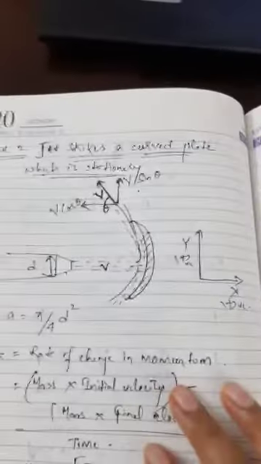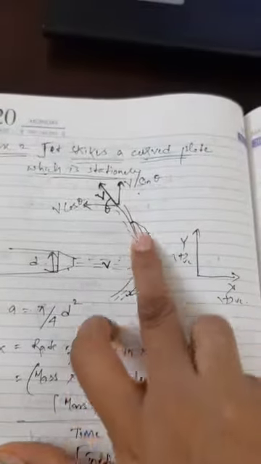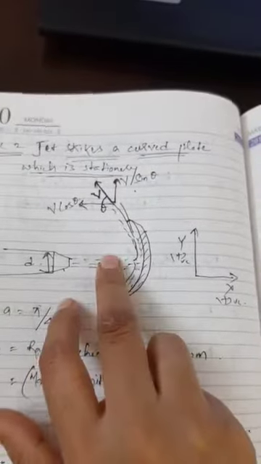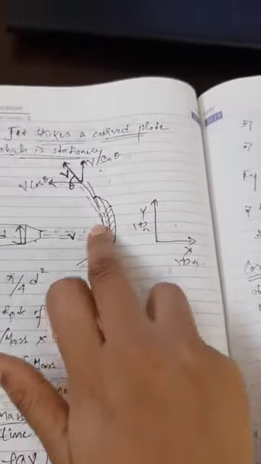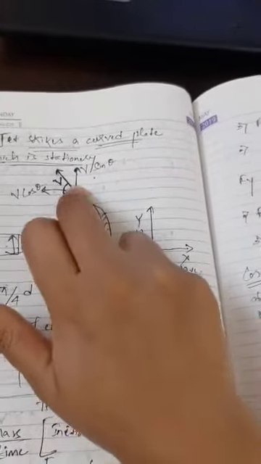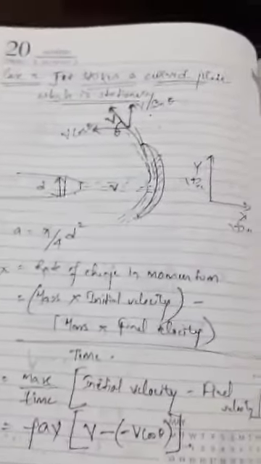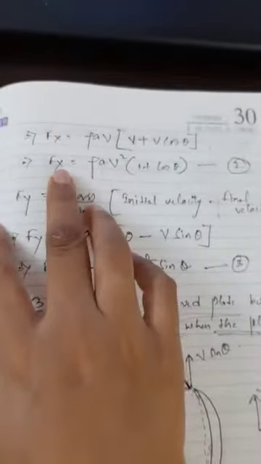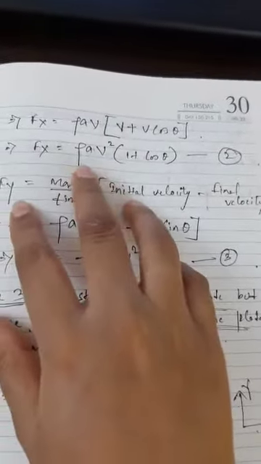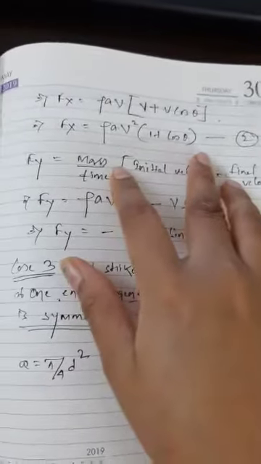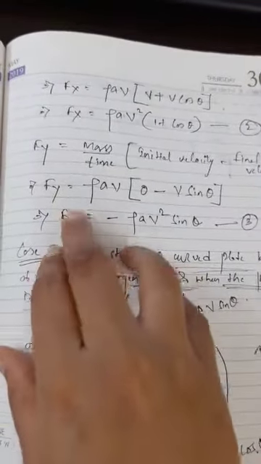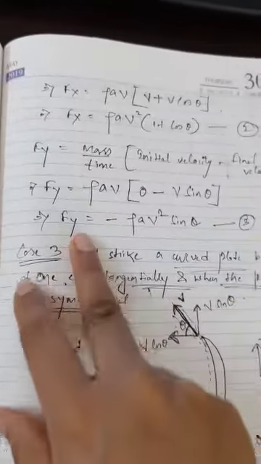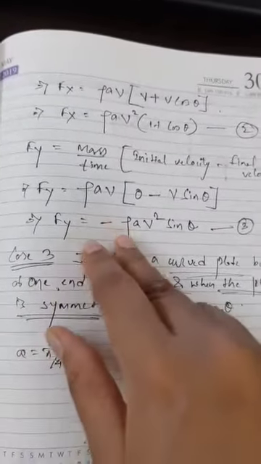Then we covered case 2 in which the plate was curved and again it was stationary, and in this case due to the curve there was force in both directions y and x, so we calculated Fx and Fy. So Fx, the force in the direction of the water jet, came out to be rho a v square (1 plus cos theta), and Fy, the force perpendicular to the direction of the water jet, came out to be minus rho a